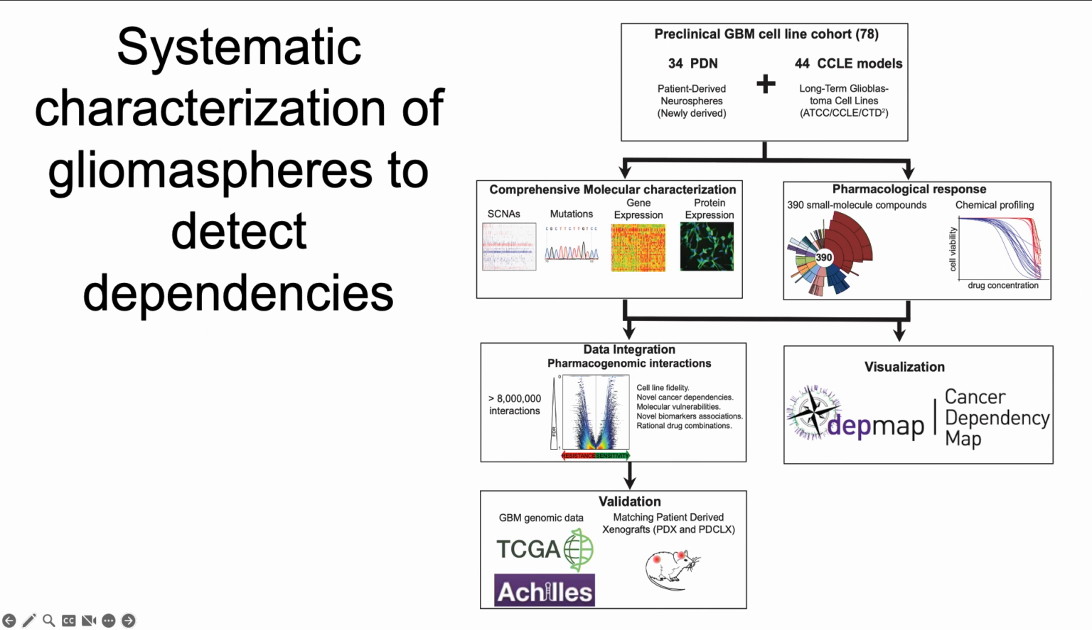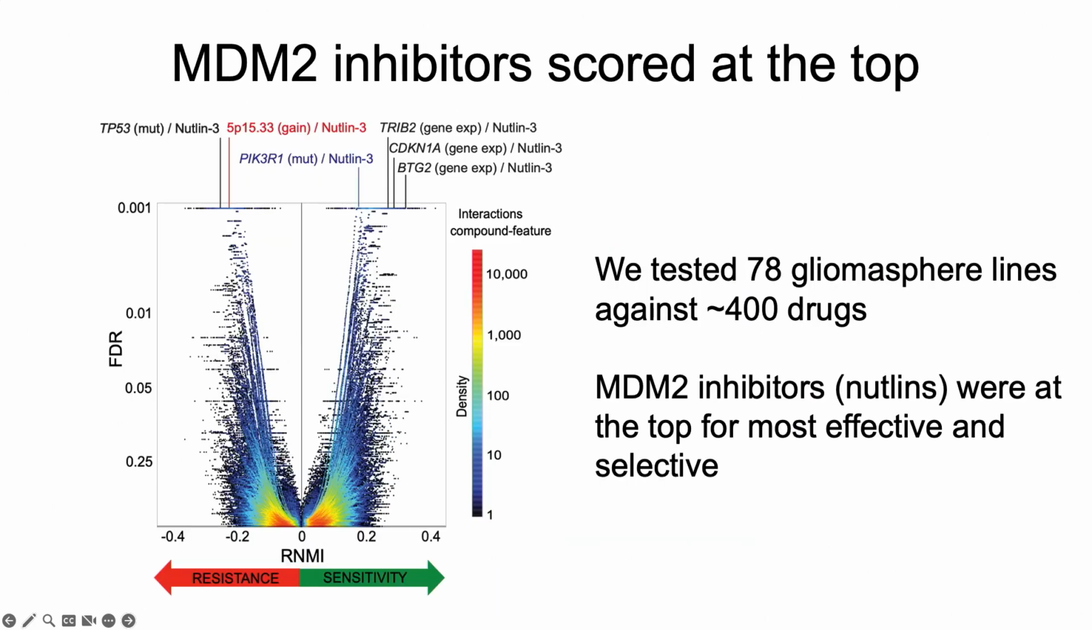We integrated those data to figure out what genetic or genomic features predicted response, and then compared to human data and other cancers. So just to cut to the chase, the best prediction that we could find of treatment success or failure from the genomic data was of MDM2